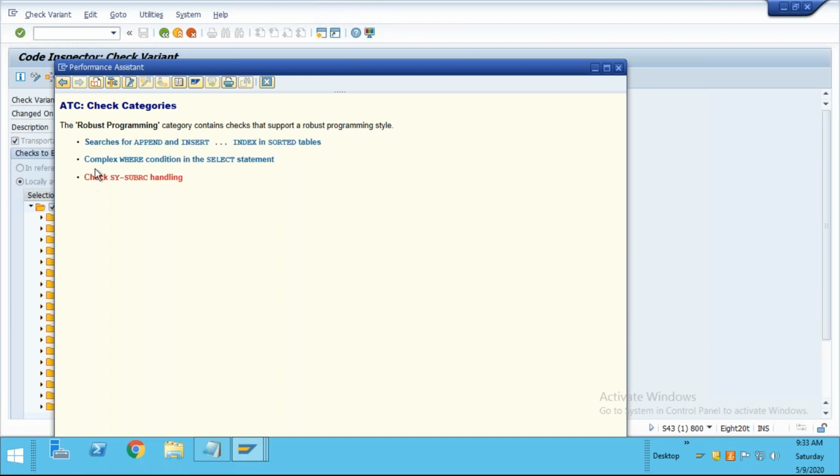those kind of statements you will have to check, and you have to correct as per your requirement, because sorted table is not very good to use. It's not recommended to use everywhere. In some particular scenarios only we are supposed to use it, right? So check your scenario and how it's there. Based upon that we can use it. Complex where condition